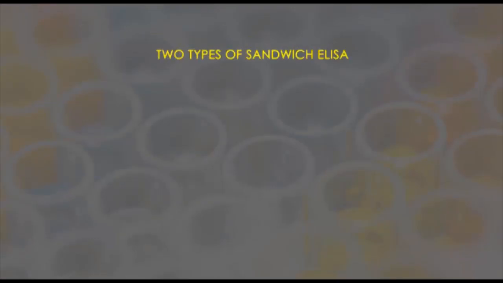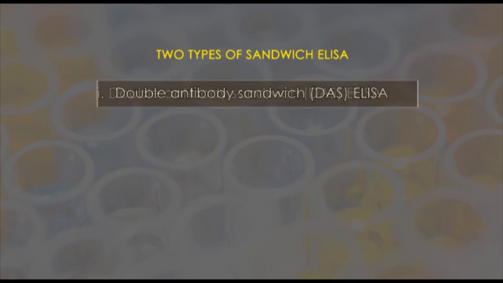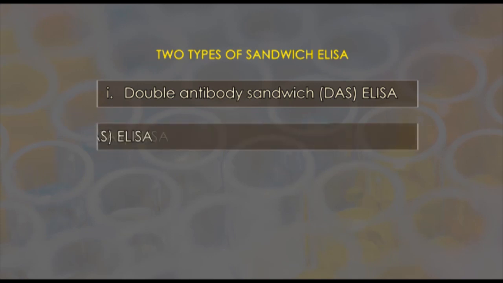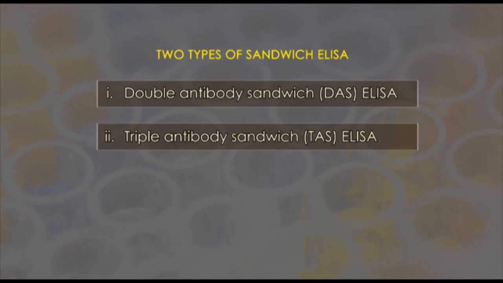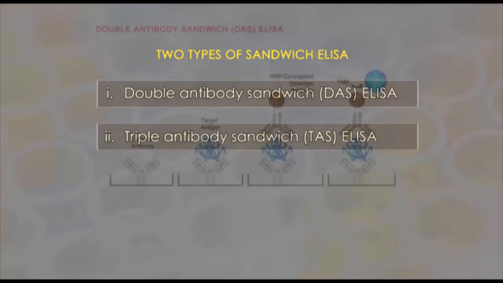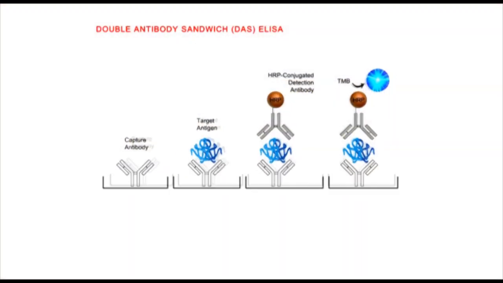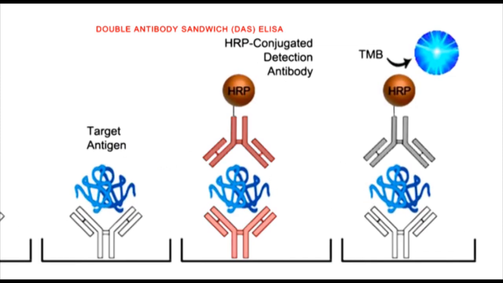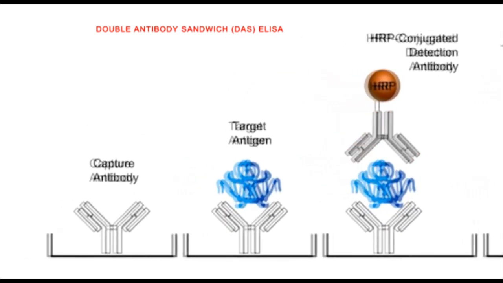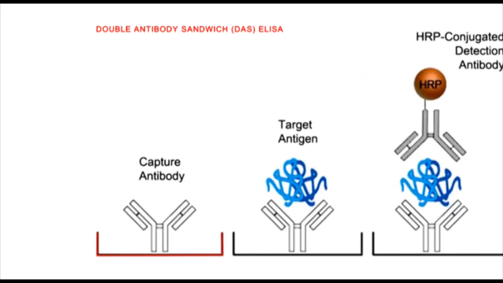There are two types of sandwich ELISA. They are double antibody sandwich or DAS ELISA and triple antibody sandwich or TAS ELISA. In double antibody sandwich ELISA, two antibodies are used, one to capture the antigens from the sample and another for detection. In this method, plates are first coated by an antibody specific for the antigen, blocked by BSA, and the